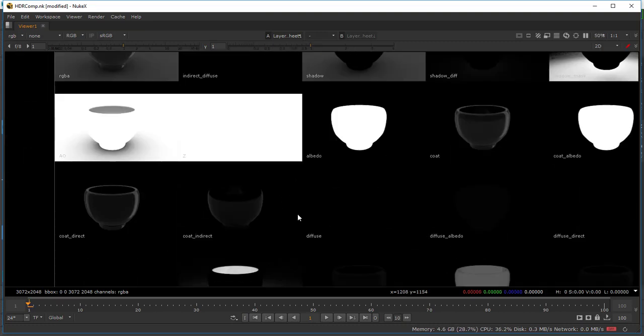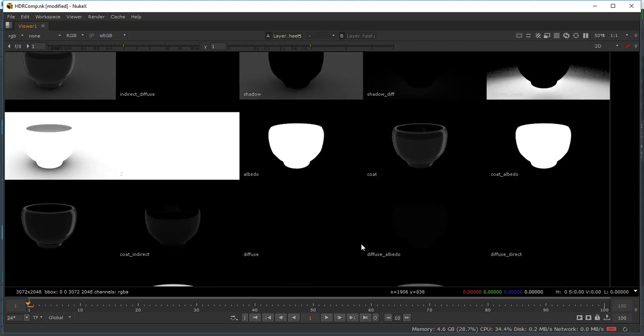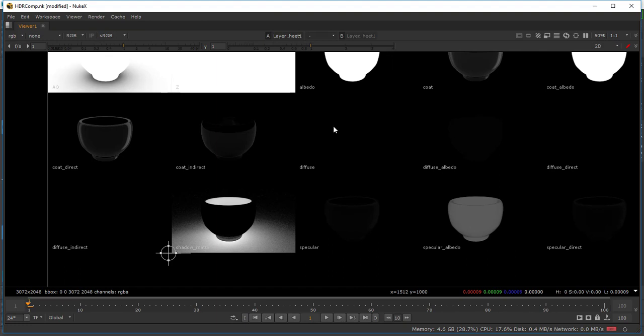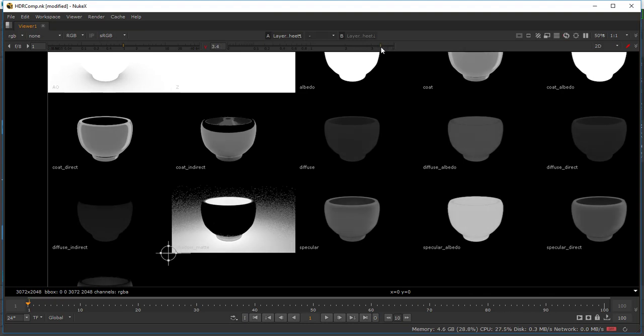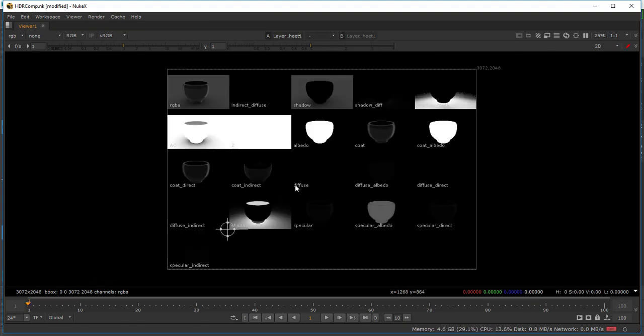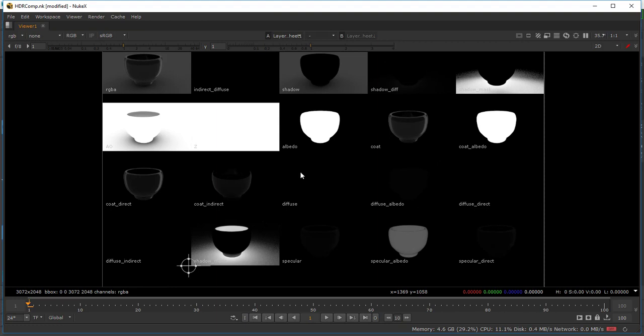So diffuse has that too. Where's my diffuse? Oh, I turned it off because there really wasn't a whole lot of diffuse. There it is. There's not a whole lot of diffuse coming into this one because the diffuse is so low. I'd have to really crank these values up in order to see it, but it's the same thing. Here's the indirect diffuse, here's the direct diffuse, and then here is the diffuse put together. Okay, so that's what that's doing. For something like this, it's getting most of its stuff from the base color and then some